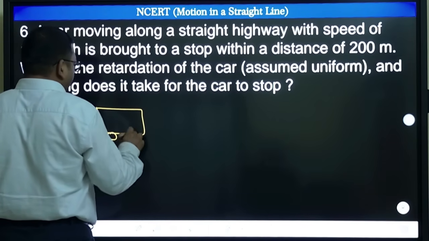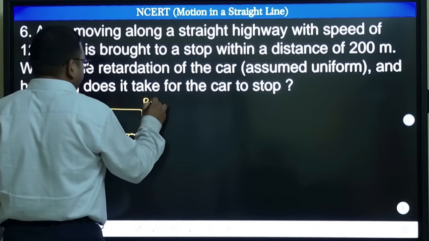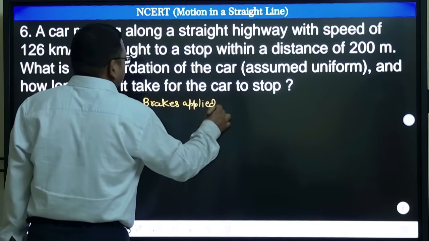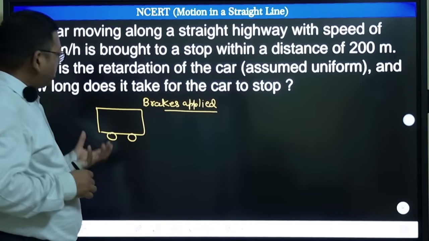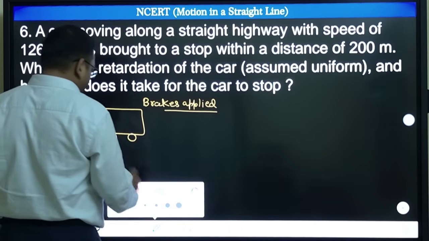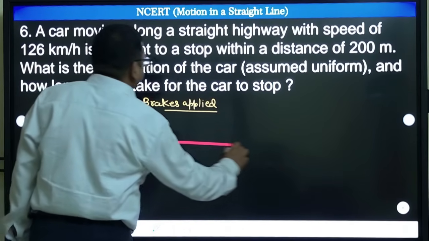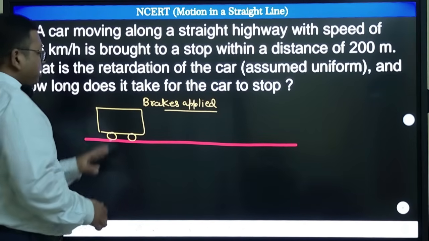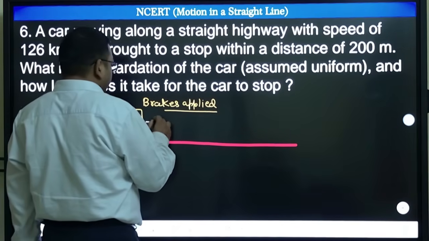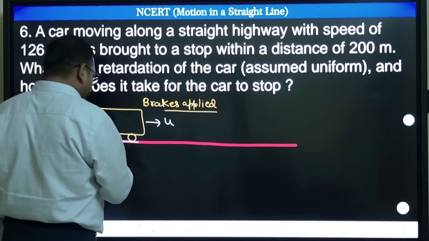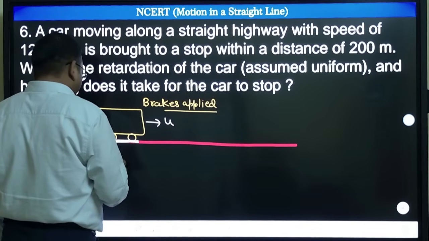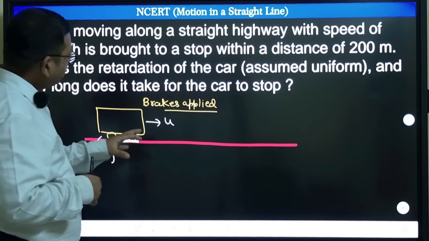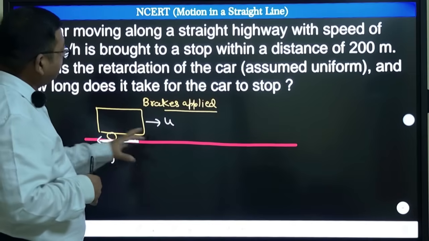It is a car and brakes are applied. So when brakes are applied, what happens? The ground is going to now stop it. Now it all depends on the ground, how much friction is there. Based on that, it is going to stop it. And there is going to be a constant retardation. Why? Because friction will be acting this way on this, right? Wheels are locked, wheels are not rotating now. So wheels are locked, friction will be sliding friction and it is going to stop after